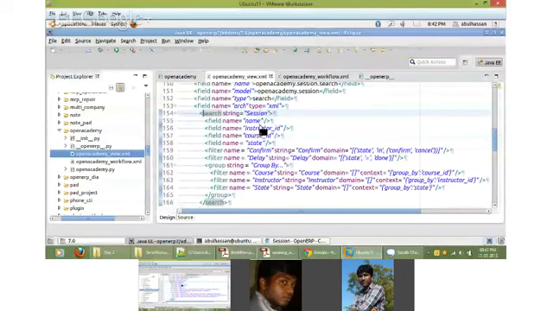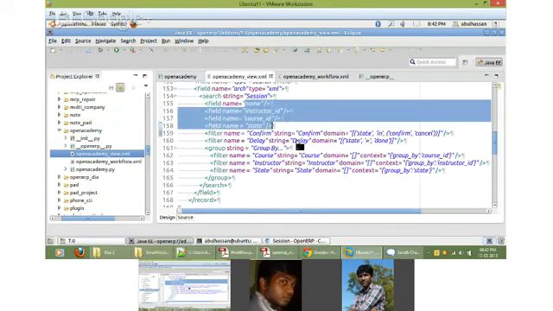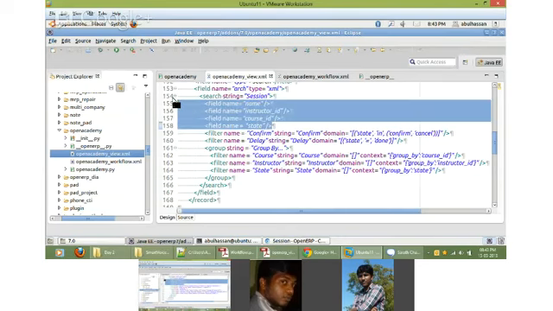You give the name, then see here I have mentioned four different fields: name, instructor ID, course ID and state. When I search for these names, it will automatically show. If I don't give the state, then it will not search in the state field.